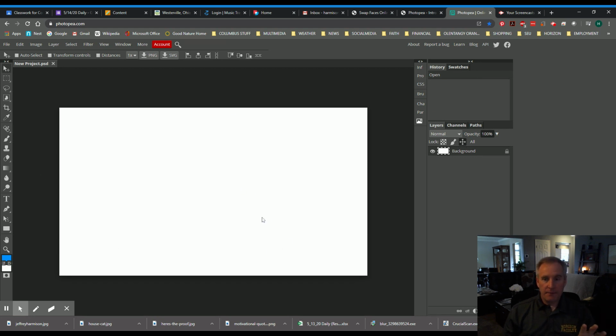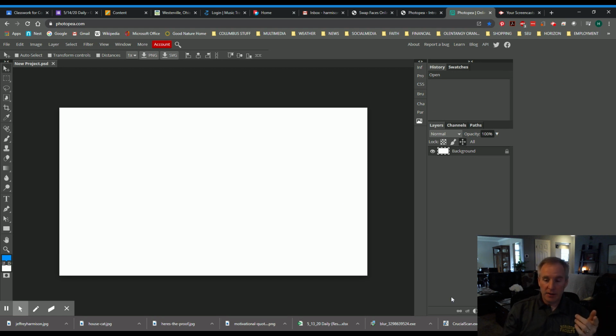Okay, so a couple things to look at. On the right side, the thing about Adobe Photoshop and this Photopea is layers. Layers is a huge component of Photoshop. It's what separates it from a lot of other, less expensive programs. So layers is a big deal. And what are layers? It's like a sandwich. Think of a sandwich, and you have different layers. Like if you get a hamburger at Wendy's, you have the bun and the meat and the cheese and the vegetable and another vegetable and the toppings, and then the bun again. So there's layers. This can be the same thing. You have layers you can work with, and you can independently pull them in, pull them out. Like you could say, I don't want any cheese, I don't want any mustard, and you can modify it all,